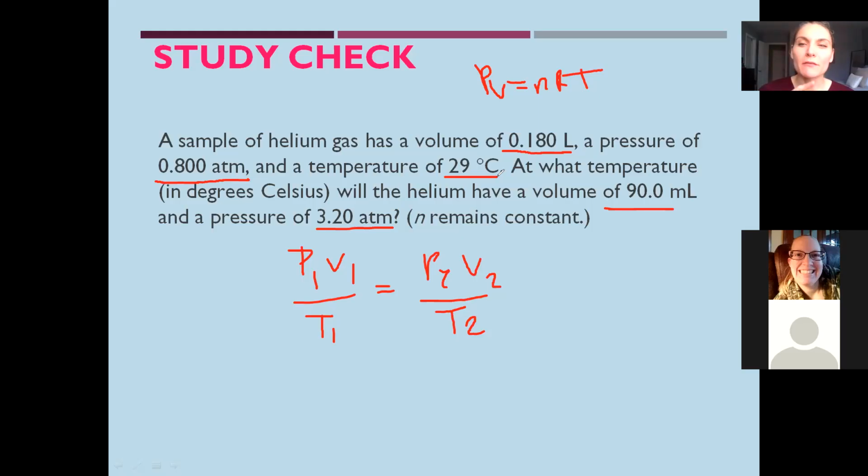So how would we convert milliliters to liters? What would this end up being? Anyone know? What way would we have to move our decimal? To the left. Yep. We're going to move it 3 places to the left because we want to get it in liters. So you move it 1, 2, 3. This would be 0.09 liters, because we had our little 0 here. 1, 2, 3.